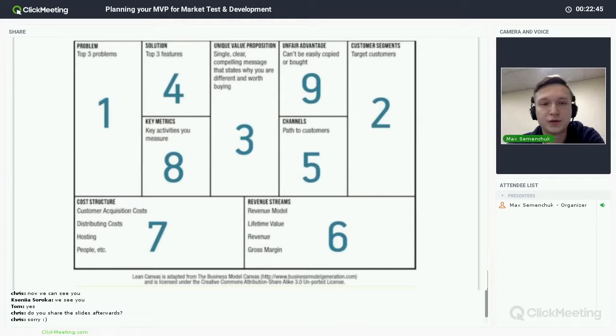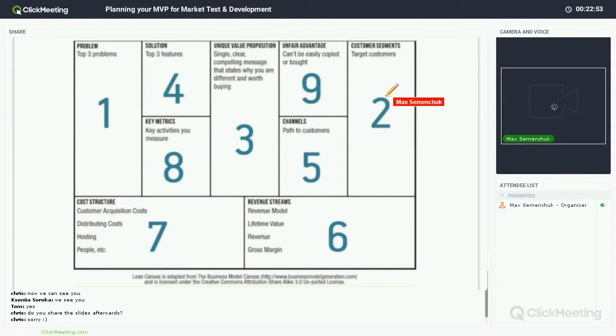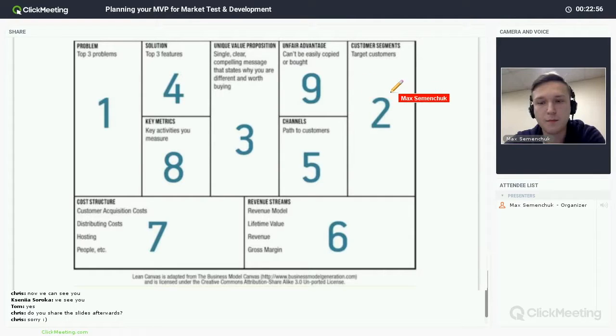So the Lean Canvas has the main information about the product model. Basically, the product model is like the business model, but not for the company, rather for the product. And you don't want to find out that your product model isn't working after you build the product. You want to think about marketing and competition even before you get to the stage when you launch. You want to think about it from the start.